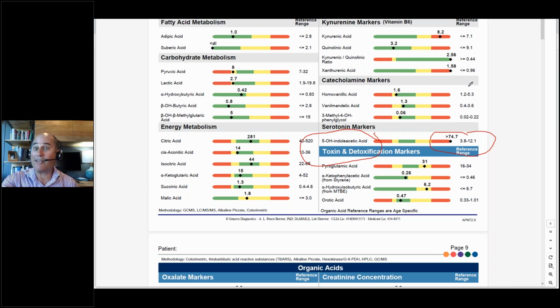And this person is not on an SSRI, by the way. Anne was super smart and saw that, but they're not actually. We had a conversation about this earlier in the week with the doctor whose case this is, which is even more interesting, that their serotonin marker is so high and they're not on an SSRI.